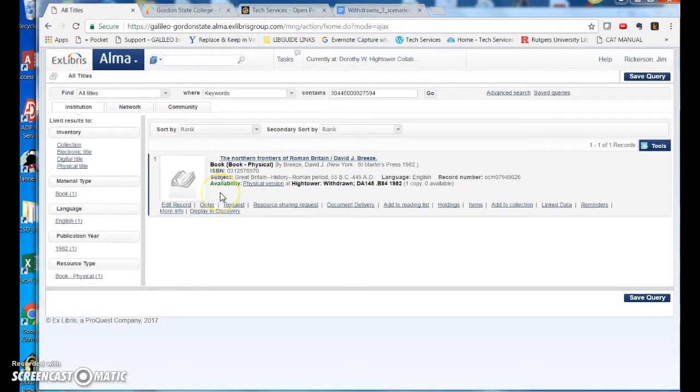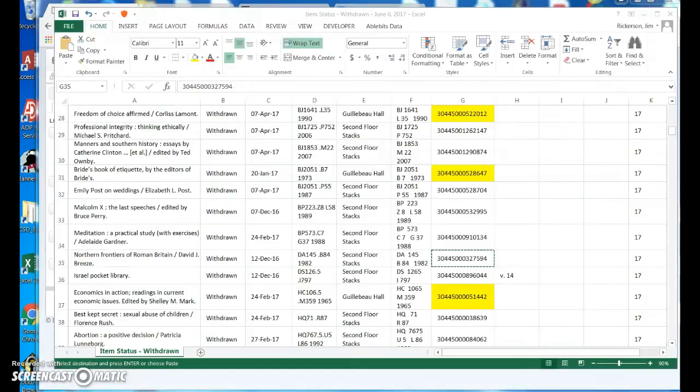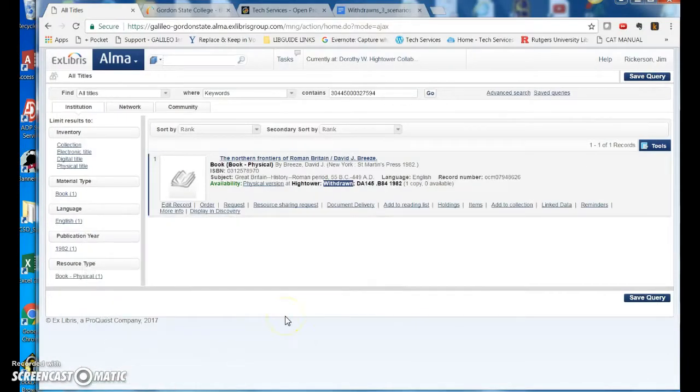If you go back to the All Titles page, where you're looking at the record in the institution zone, you'll see that we changed the shelving location from General Collection to Withdrawn, and that shows up here. The next thing you need to do is suppress the record, and a lot of these on this spreadsheet already came over as suppressed, but in the case where they haven't, then